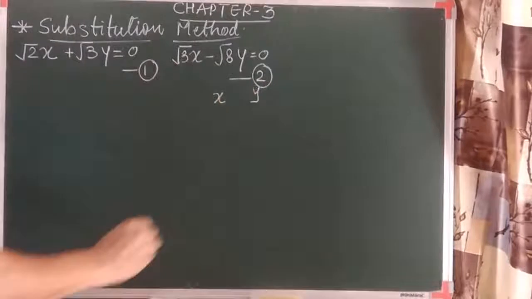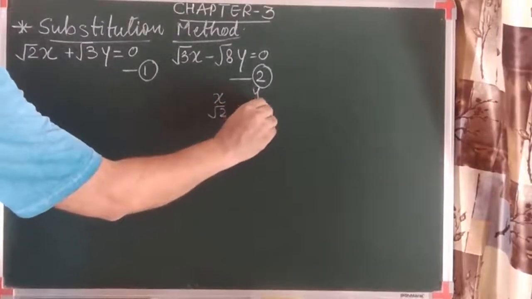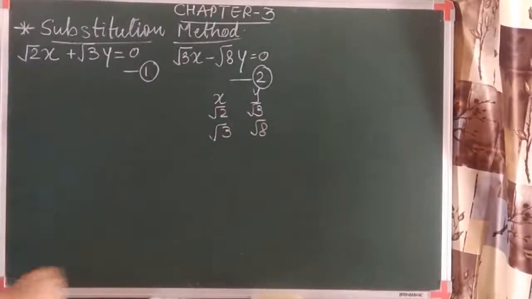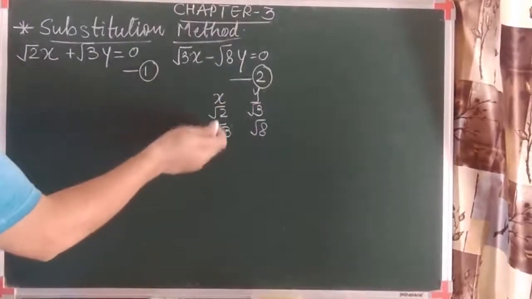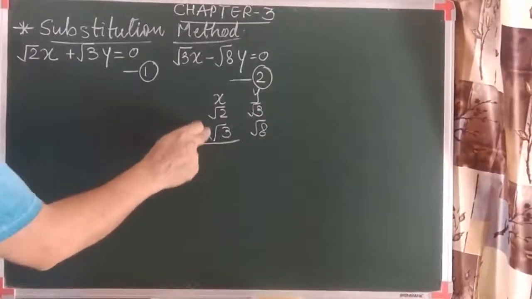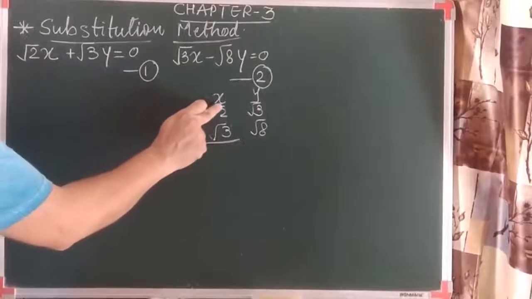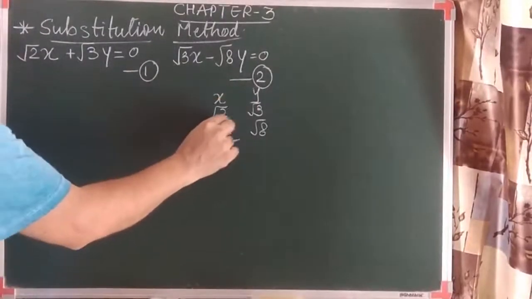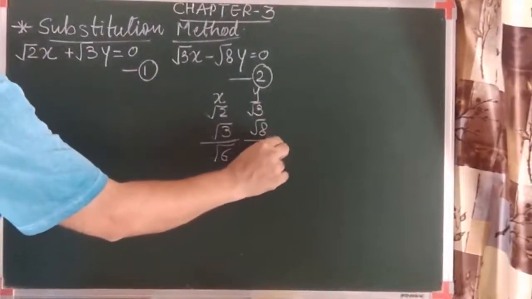in the elimination method. So let me write down the coefficients of x and y of equation 1, x and y of equation 2. Now again we can observe that none of the coefficients of the same variable are equal. Now to take the LCM, you must be surprised how we will take the LCM of the square roots. So forget the square root. So what will be the LCM? 6. So as it is a square root, root 6 is the LCM. The same way it is root 24.